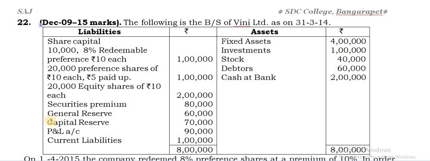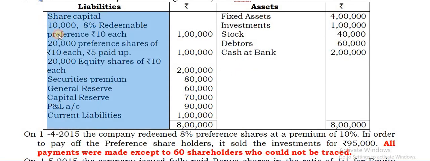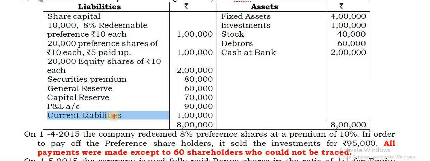Then other things, there is a capital reserve. General reserve also is there. Profit and loss account is also there. And securities premium is also there, right? So you are aware, all these items, from here to here, are taken only under note number 1 and 2, that is, under share capital and reserves and surplus. But this you can take under current liabilities separately, other current liabilities only, right?